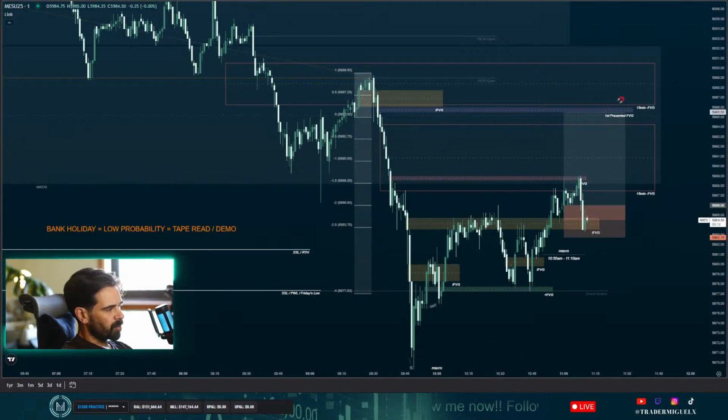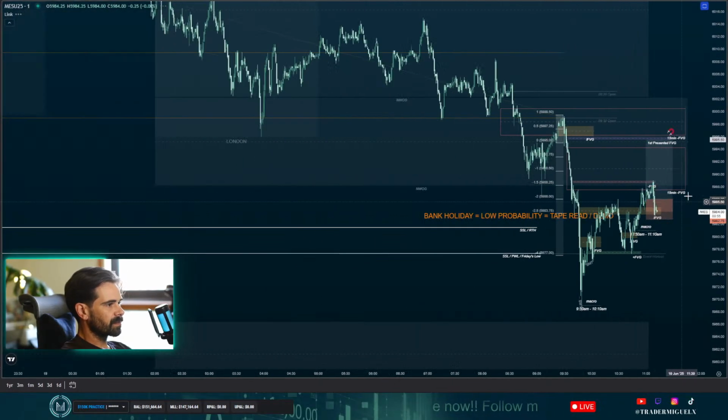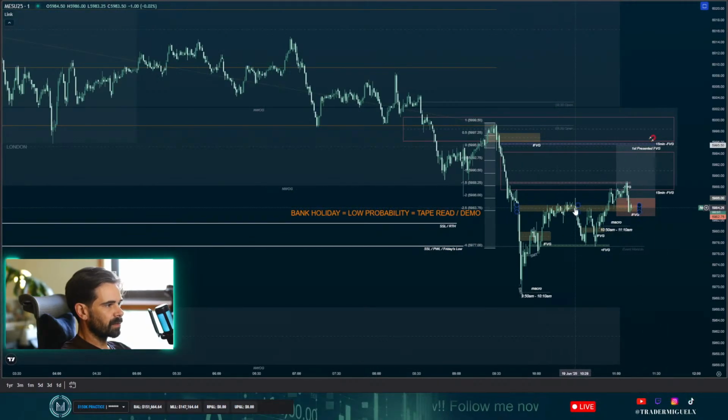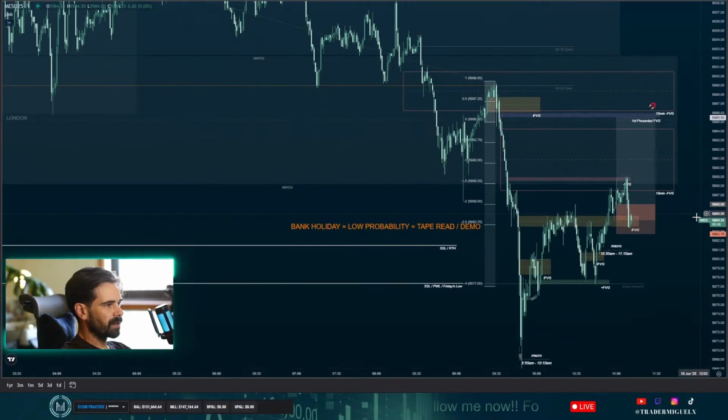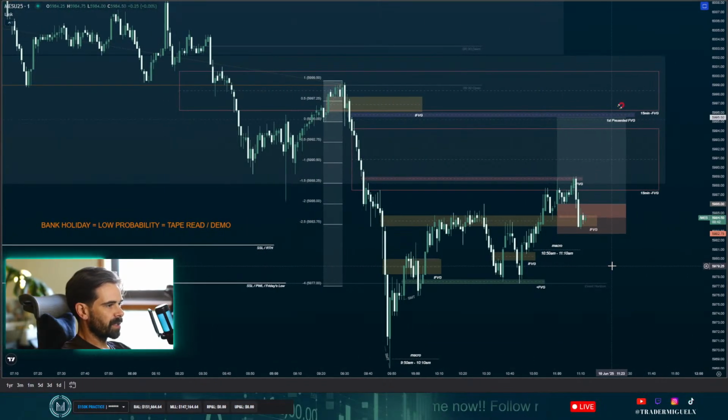Yeah, so far price is kind of stuck here. I'm glad I did not engage with any type of real action because if you notice, I'm quite zoomed in. So these candles are quite small, as you can see here. So I'm glad I did not trade here today, and this is just a demo or tape reading session